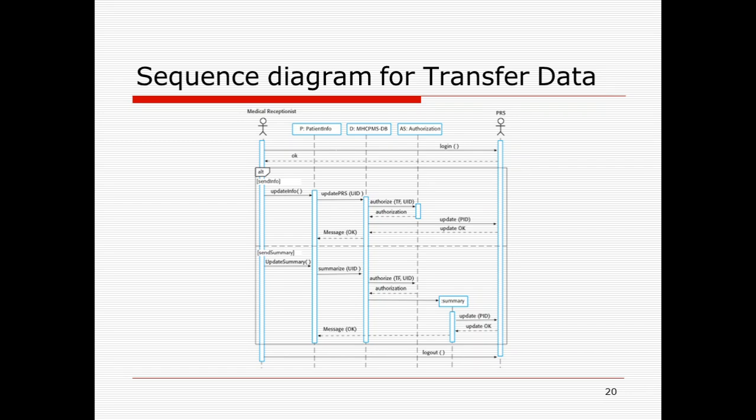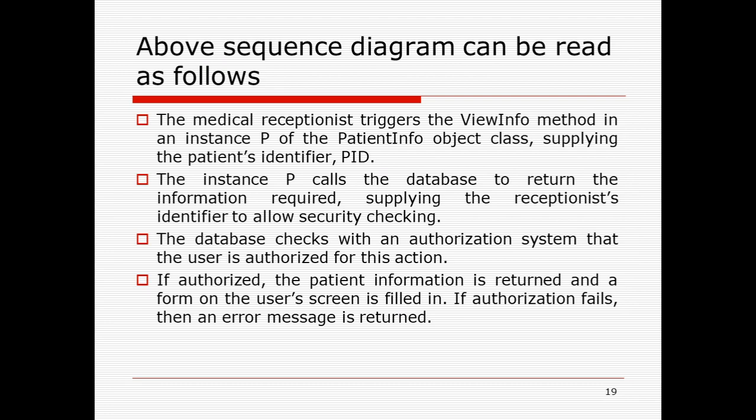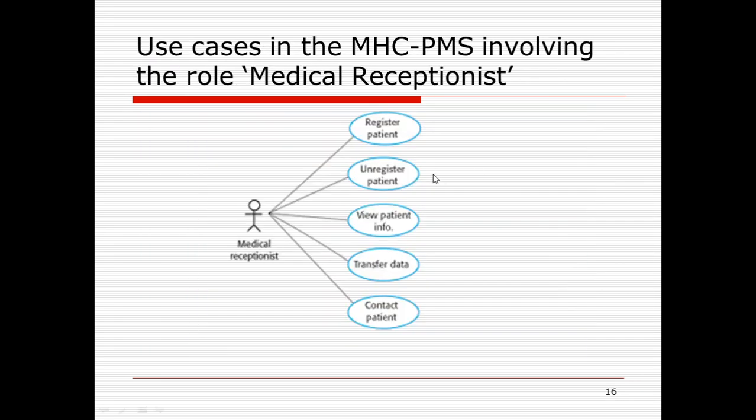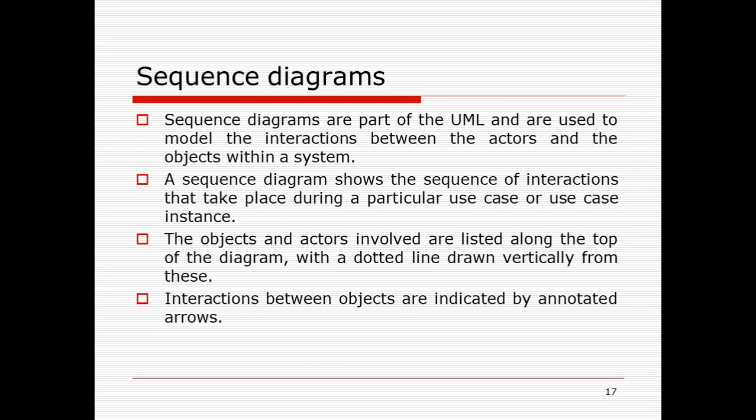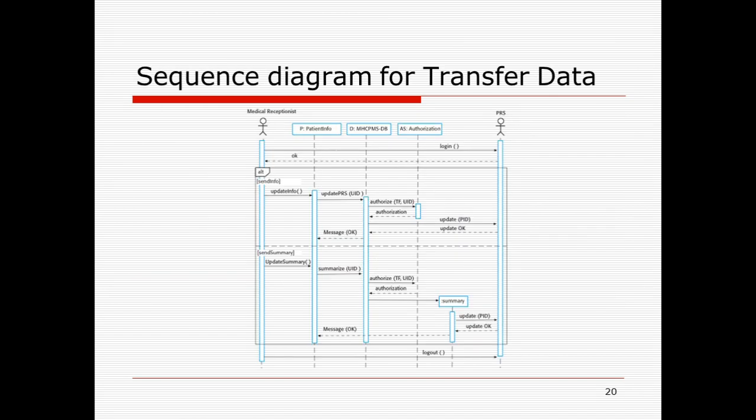Similarly, for the transfer data sequence diagram, for the use case which is transfer data, this is transfer data and this is the medical decision list. Now transfer data to where? The patient record system, that is the PRS, okay, of the general database, which is another outside entity. Now you can see this is the PRS, to which the data is being transferred. So in between, the interacting objects are patient info, mental healthcare patient management system database, the authorization. Okay, so